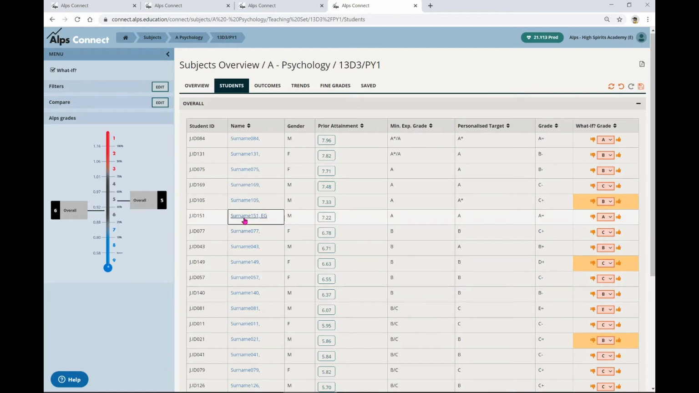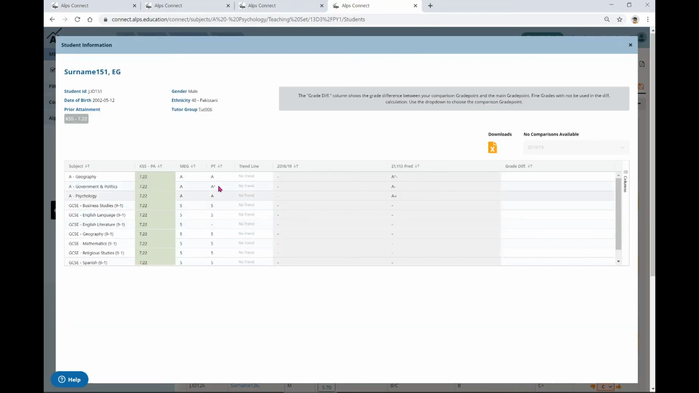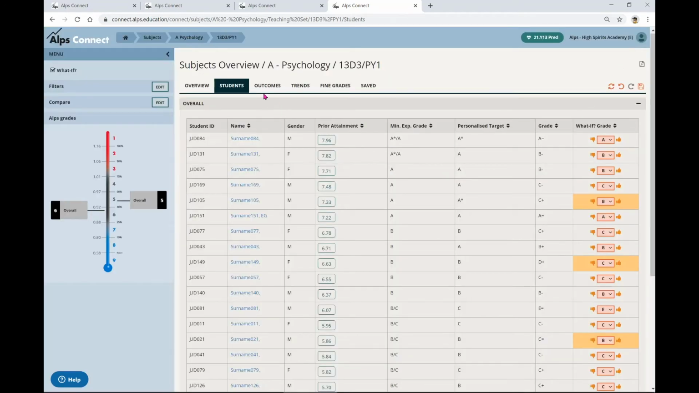If I want to look at an individual, then I can see what the personalised targets are in their other subjects, and what their other subjects are predicting. If I was looking at this view where it was all monitoring data, then we would see that trend across there. If they took their GCSEs with us and we were doing ALPS at Key Stage 4, I would also see their background data there as well. So if I go back to subjects,